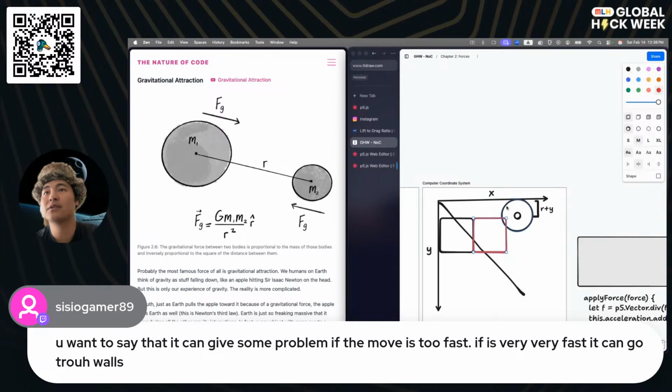Let's actually color this red. We're going to do a little bit of onion skinning. If you are familiar with animation, onion skinning is where you can look at the previous frame and or the next frame of whatever it is that you're looking at while looking at the current frame. The next and previous frames are more transparent, so you can get a hint of where it's going to be next, while still focusing on wherever the current frame is. So we're going to say that this is where the next frame is going to be.